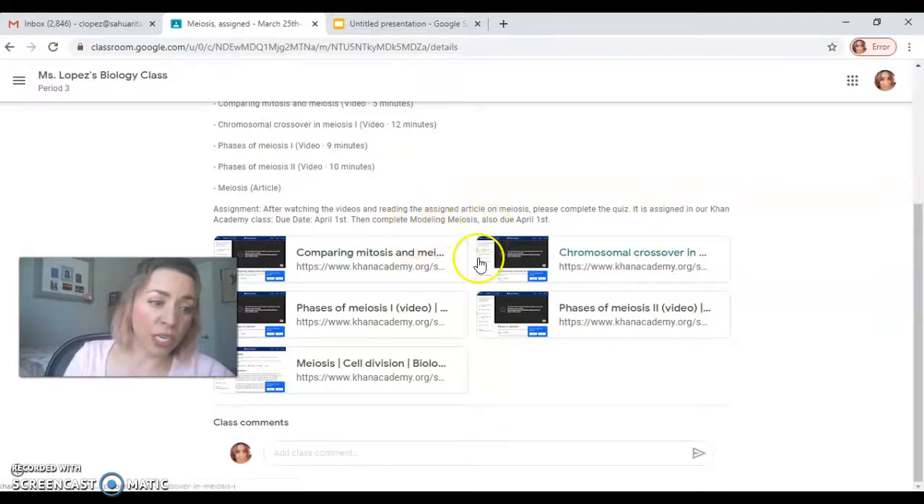And there was a change to this. I had assigned an escape room, but there was some frustration and complications with that, so I got rid of that assignment, replaced it with the modeling meiosis, and then the students that had already completed the escape room, I gave them credit for that. So if you completed the escape room, you don't have to do the modeling meiosis. But if you didn't do the escape room at all, then you are going to complete the modeling meiosis. So that's for